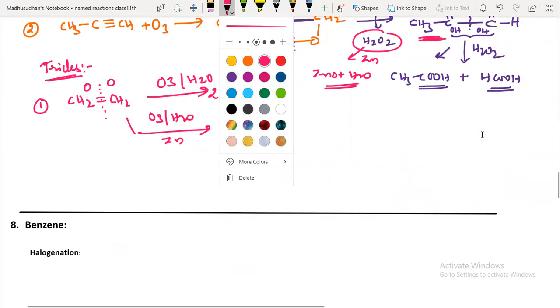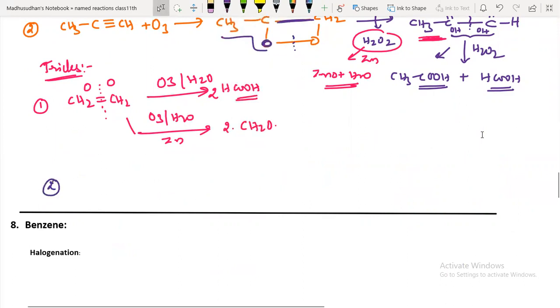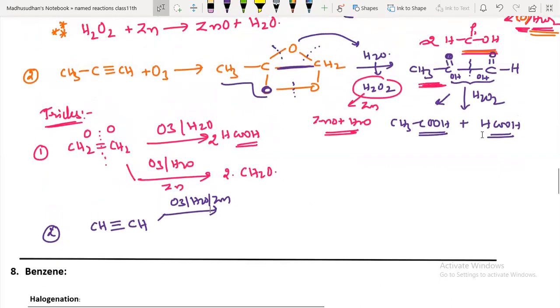Second one is, you have been given an alkyne. Okay, an alkyne is given. The first one is ozone reaction with water in the presence of zinc. So what is happening now? Reaction is stopping at some point, right? So you'll get only aldehydes, isn't it? You'll get only aldehydes, this type of products without breaking of CC bond. So you will get C double bond O, C double bond OH.